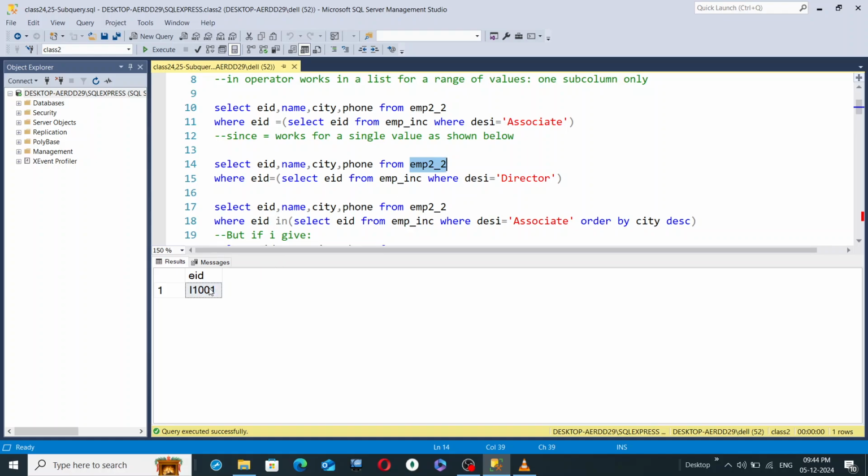So that means I1001 is present in this particular table also, EMP2_2. And definitely if the EID is present there, then it will have its corresponding value for name, corresponding value for city, corresponding value for phone. So ultimately outer query results, that is EID from EMP2_2, name from EMP2_2, city from EMP2_2, phone from EMP2_2